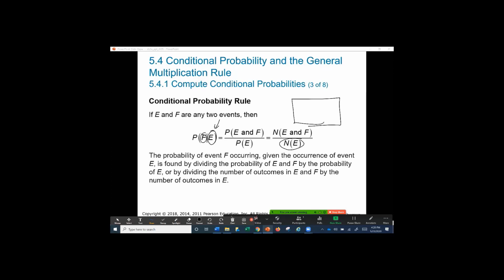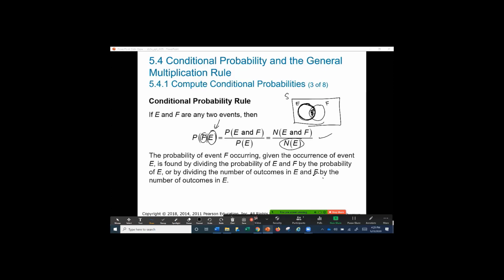Suppose that this is my sample space. Suppose that this is the event E and this is the event F. Given that the result was in E, this will be my new sample space, E. What is the probability to get F? We are restricted to our condition E. We need to count all outcomes that are here, but the outcomes that could be in E and F simultaneously are these. Then we need to count this and divide it by the total. That is the idea of this formula.